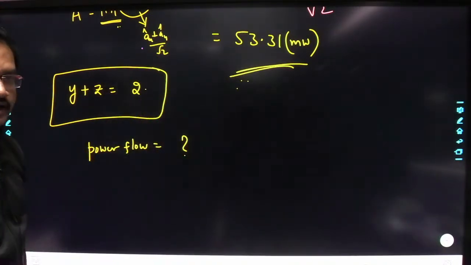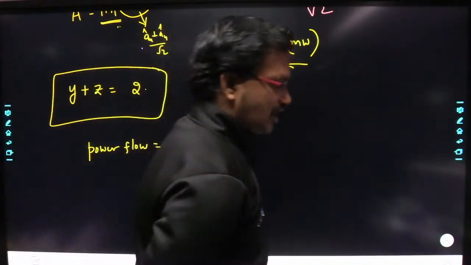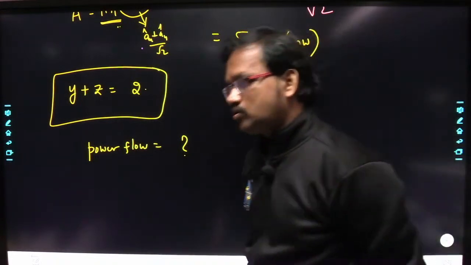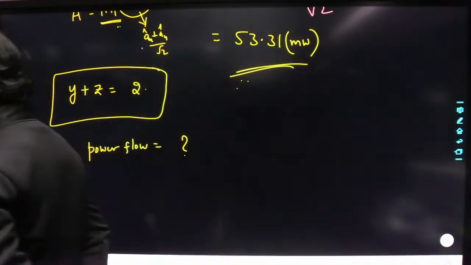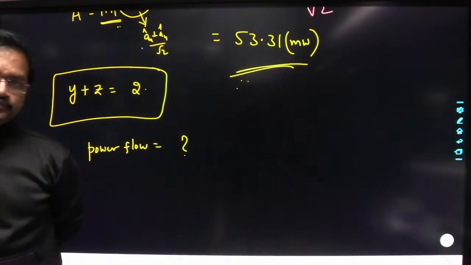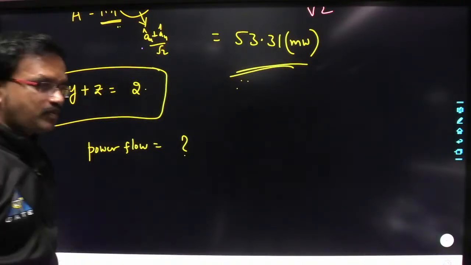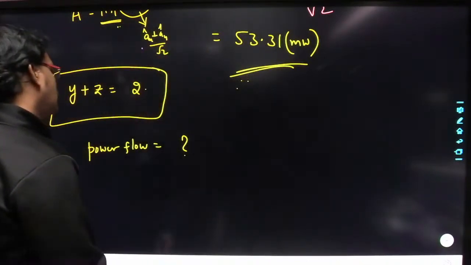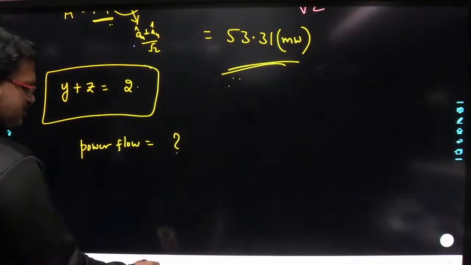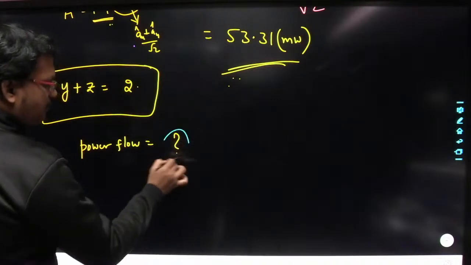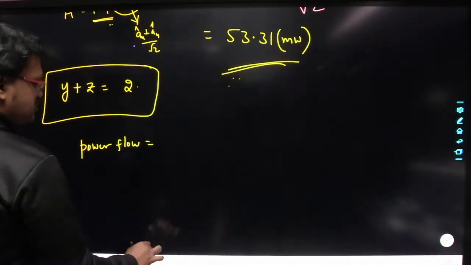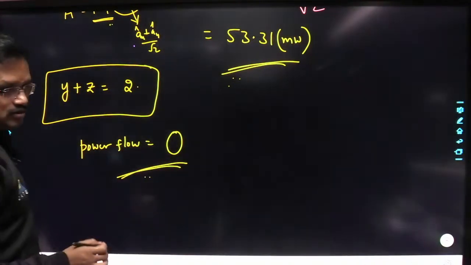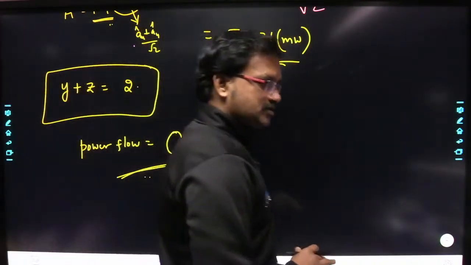Tell me, Selvaraj. If they have changed only the plane equation, that is y plus z is equal to 2, remaining all data is same, right? So in this case, what is the power flow? Is nothing but 0. Yes or no? Okay. So in this case, the power flow will be 0. Just follow the concept here. Just follow the concepts. That's it, right? So if you follow the concepts, then